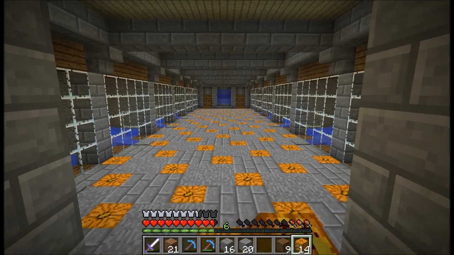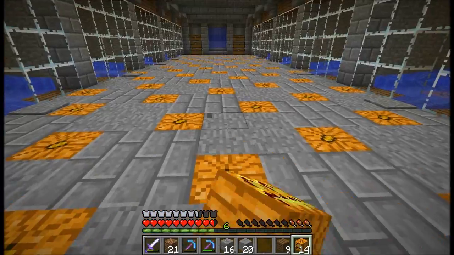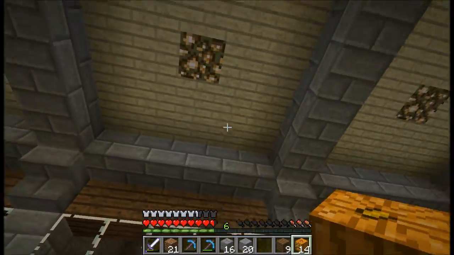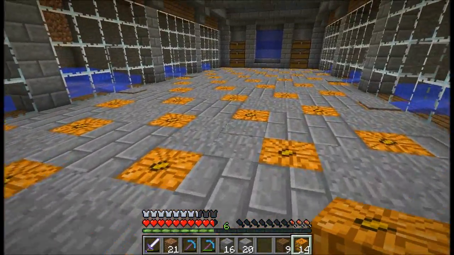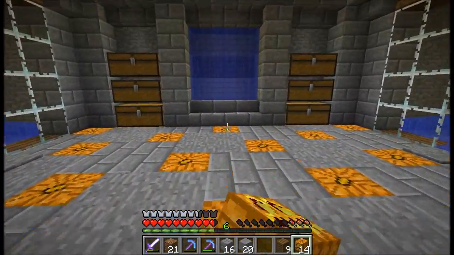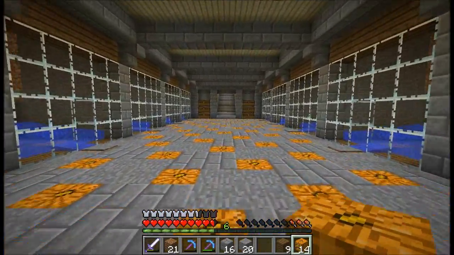I've now finally finished doing the floor, and this looks really good. It's a bit of a contrast to the ceiling. I'm thinking if I'd have stuck with the dark wood, birch wood and glowstone, that would actually have looked better. But this looks pretty cool, and one thing that I made a mistake on is that it does actually match up. As you can see here, we've got these pumpkins going down the middle, and what was throwing me off